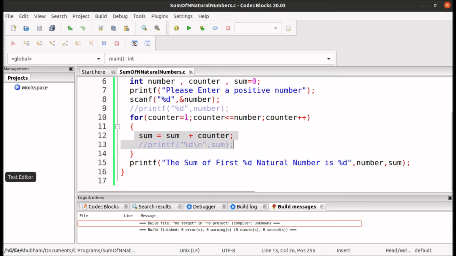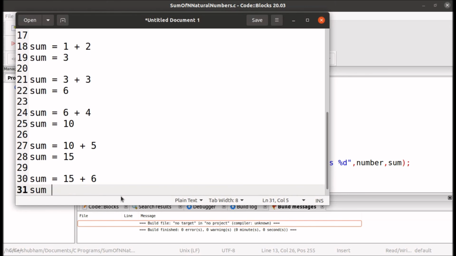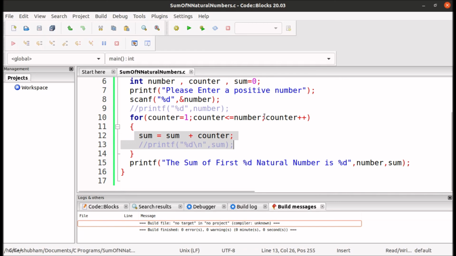So sum will become 15 plus the value of counter 6, then it will become 21. After that the value of counter will become 7, and it will check if the value of counter is less than or equal to number.